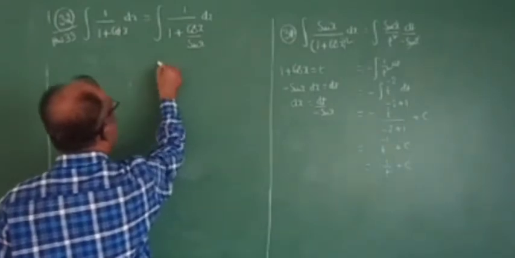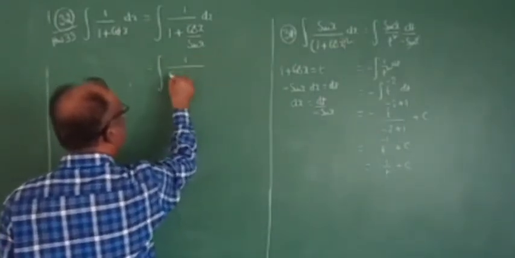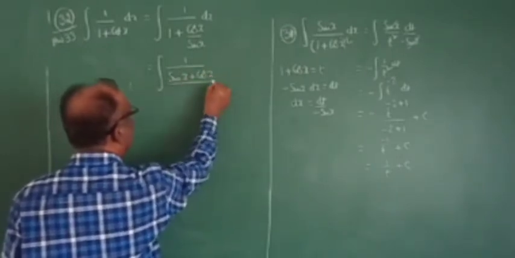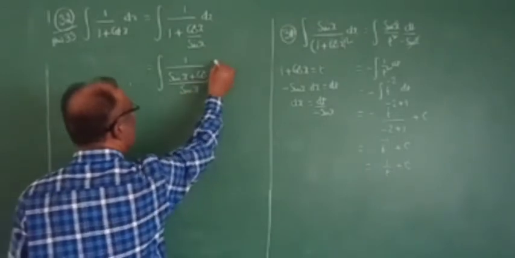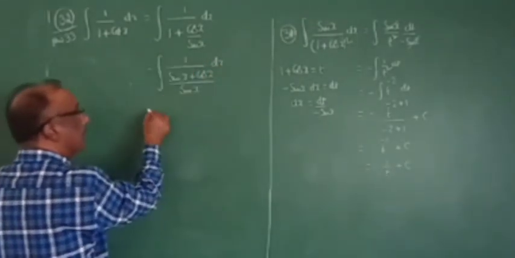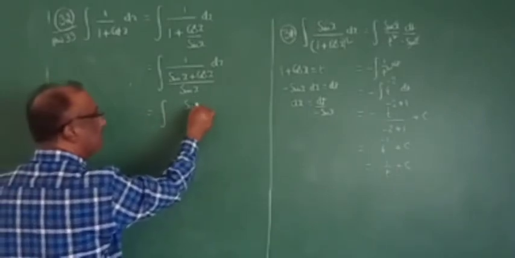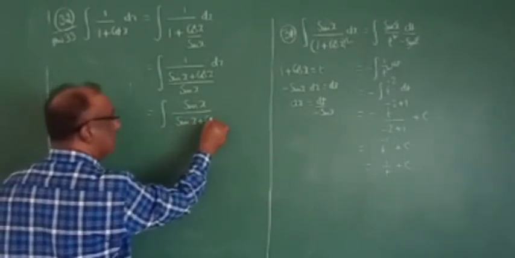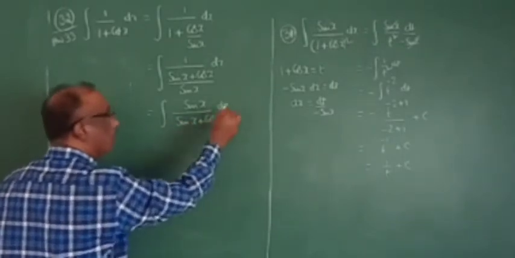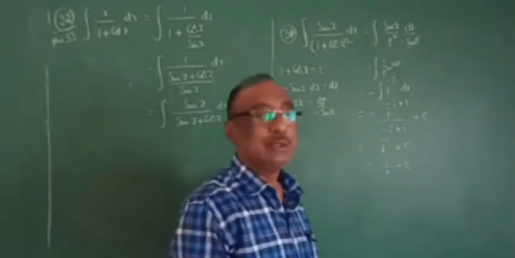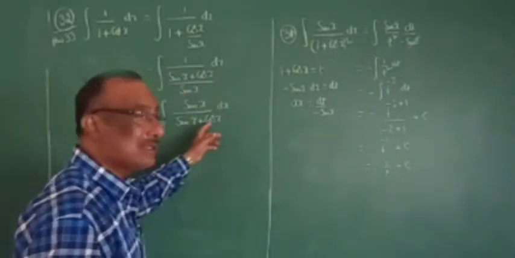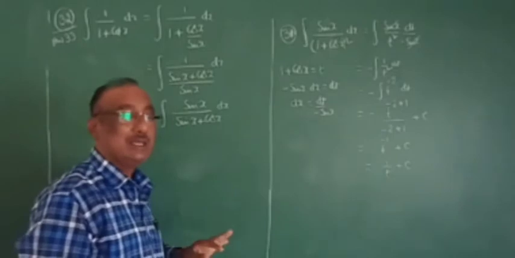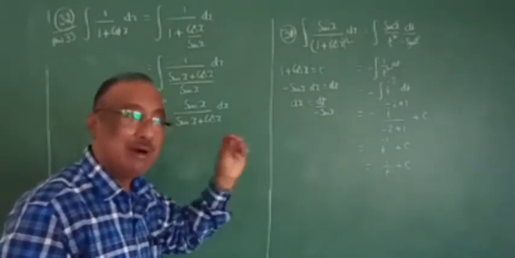What happens, you can see, integral of 1 by 1 plus cos x by sin x, LCM is sin x, into dx. Reverse of the denominator, sin x goes upside: sin x by sin x plus cos x into dx. We think one manner, but we get one more term. So here again, 1 plus cos x means we can let it be t. No, here it is sin x plus cos x. If sin x plus cos x is t, it will never be sin x.